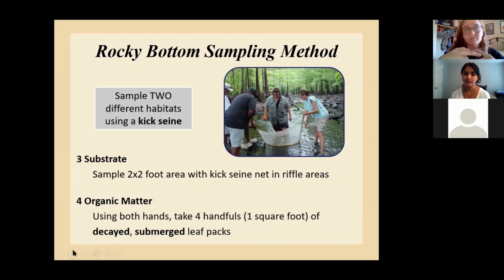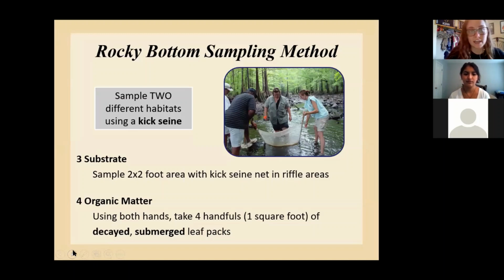Riffles are going to have a higher dissolved oxygen level, because if we remember, like Jackie told us a few slides ago, that these macros derive their oxygen from the water. And if we're in a more highly oxygenated area, we're going to be likely to find more in this rocky bottom habitat. So we're going to take 3 different samples, and they don't all need to be in that first place that you did it. We actually encourage that you go to 2 different locations in the stream and get those substrate samples.